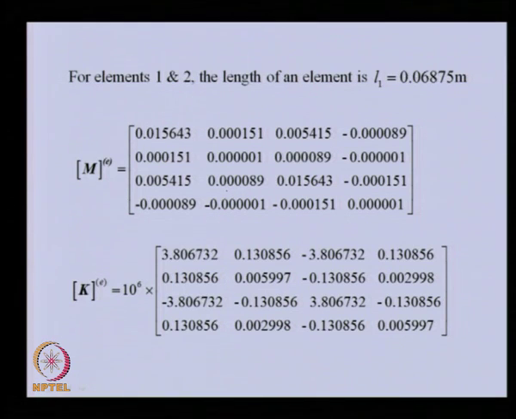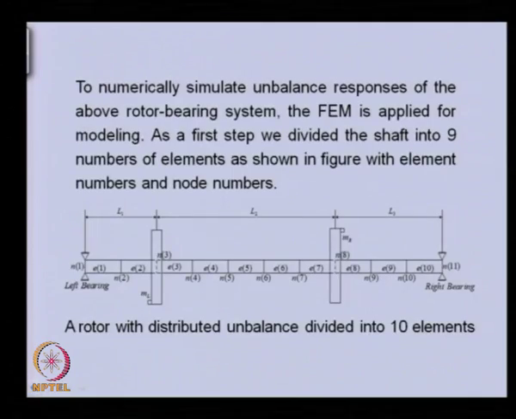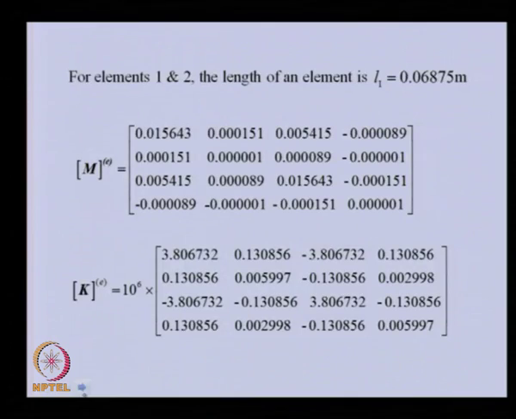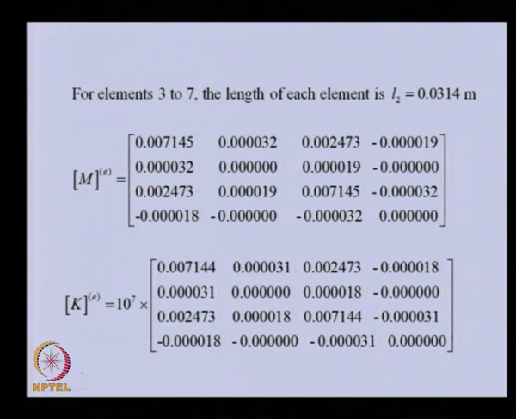So, that can be used to obtain the mass and stiffness matrix for element 1 and 2 of the shaft. So, element 1 and 2 mass and stiffness matrices are like this. Now, from the element 3 to 7, that is between two discs,